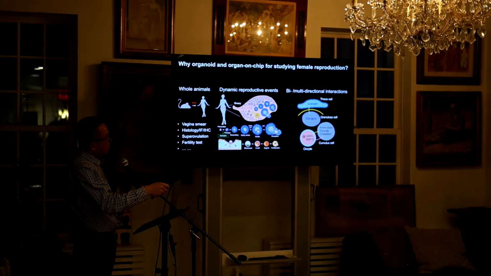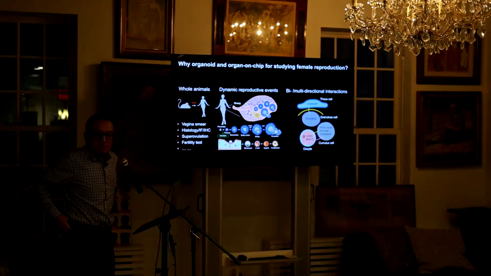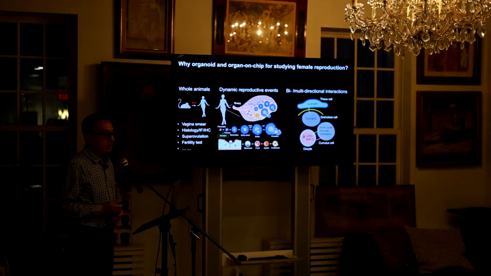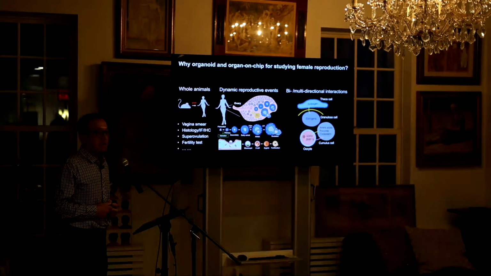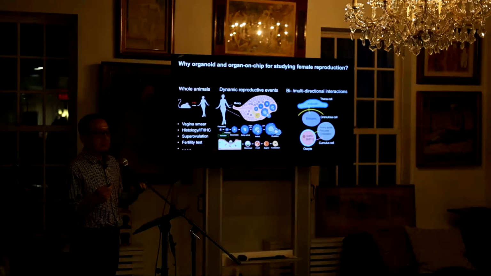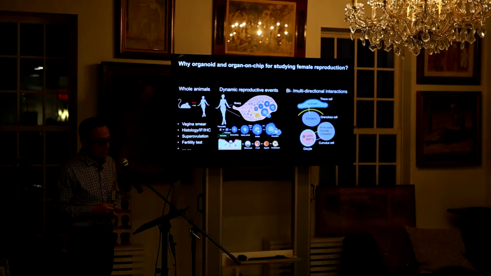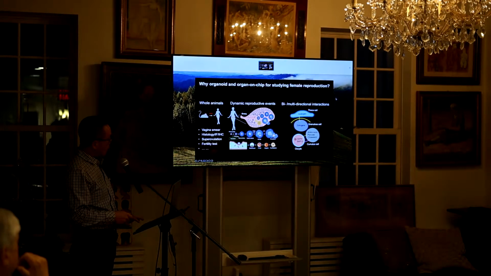And also there are some human primary cell lines. For example, from the IVF clinic, we can get luteinized granulosa cells, and then we culture and reprogram them back, and they can still express some follicle maturation genes, but overall they are not perfectly representative of what is happening in vivo. For example, for a follicle, we can just treat the follicle as a mini ovary.